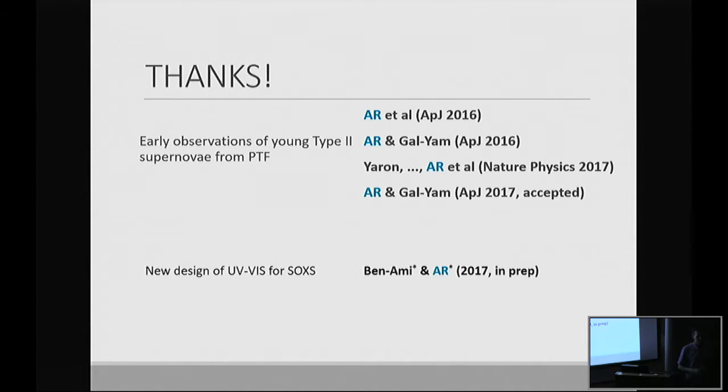But it sounds like you speak like an observer. Theorists must have simulated this, right? So did anyone make a prediction? Well, predictions, there are many predictions, but